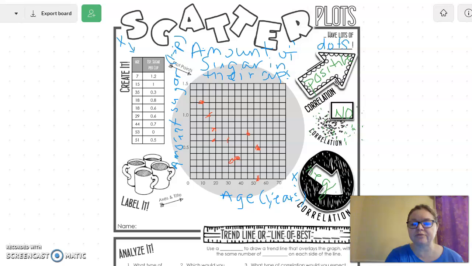And a line of best fit kind of goes in the middle of all the data. You can use it as a prediction, a line that predicts what you might expect would happen. You want it to fit sort of in the middle of your data. So you might have a point or two that fits right on the line, but generally speaking, the line of best fit sort of fits in between all